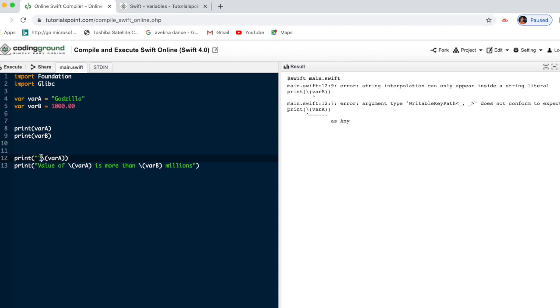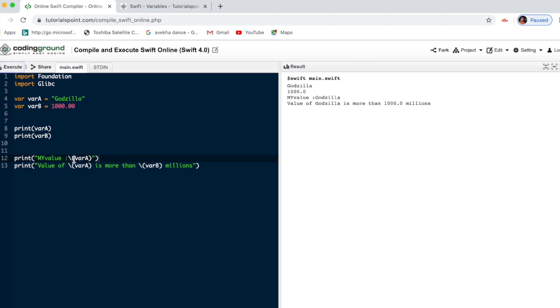Actually, this is the way to write it, the way I need to print my value. Even if we just give it, this is the way it should be given.